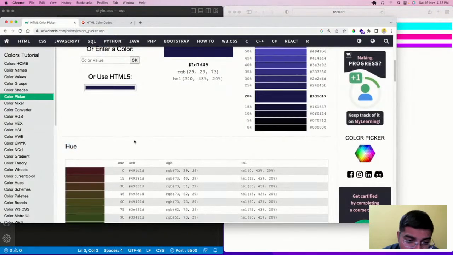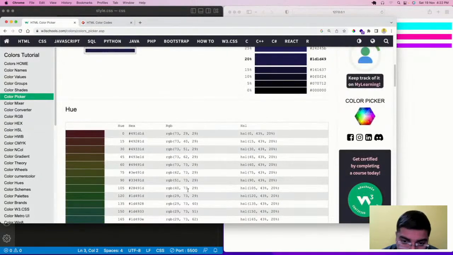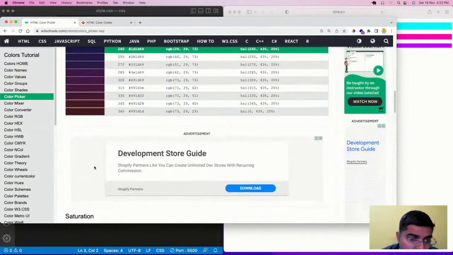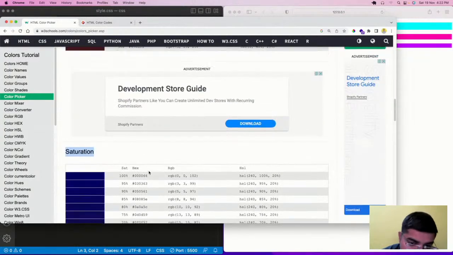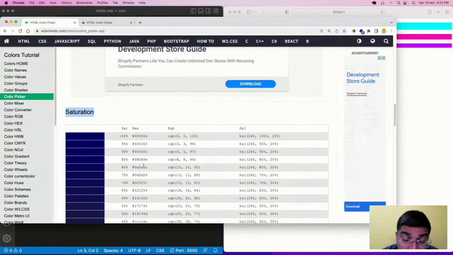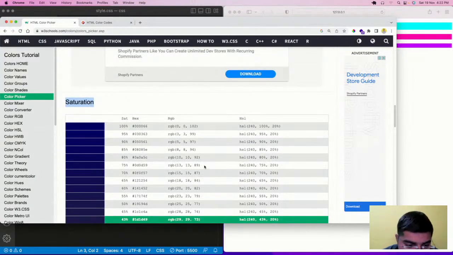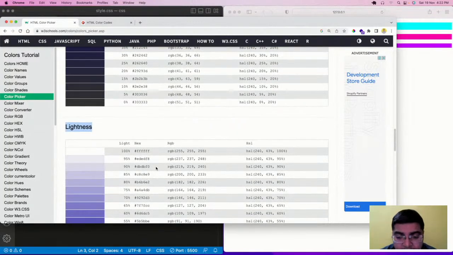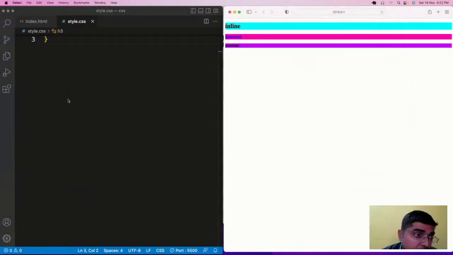Hue contains the colors, so you can copy it and paste it. S contains the saturation. Saturation means the sharpness, and L contains the lightness. Lightness means the brightness. So these are the websites which you can refer to.